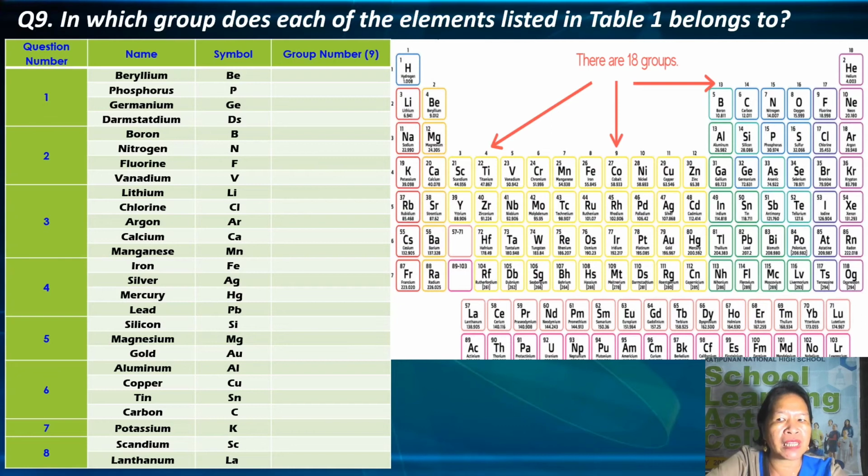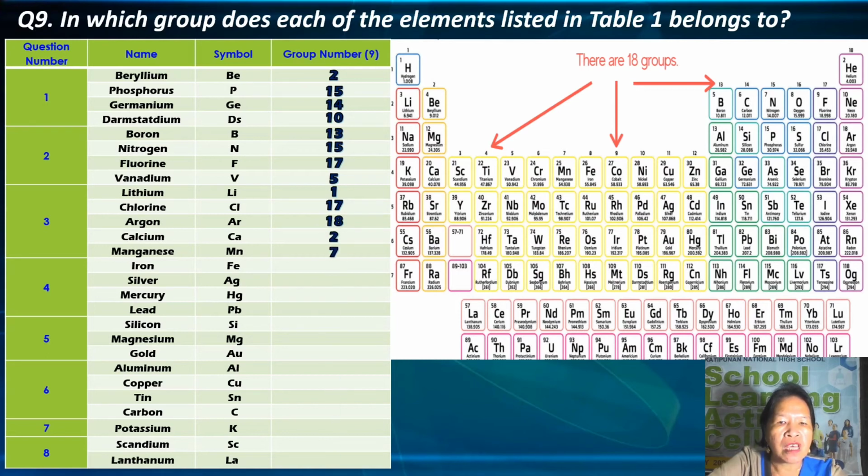So for the beryllium, it belongs to group 2, phosphorus group 15, germanium group 14, tungstanium group 10, boron group 13, nitrogen group 15, fluorine group 17, vanadium group 5, lithium group 1, chlorine group 17, argon group 18,